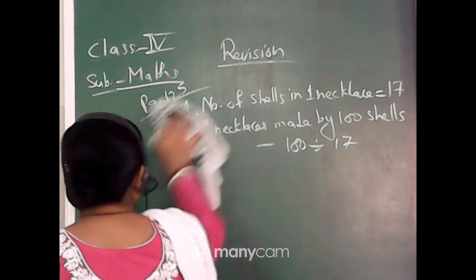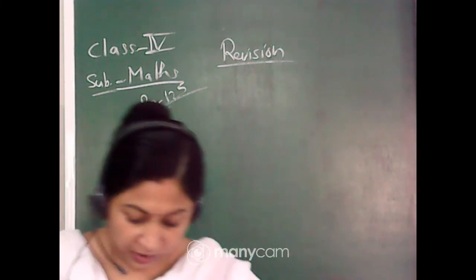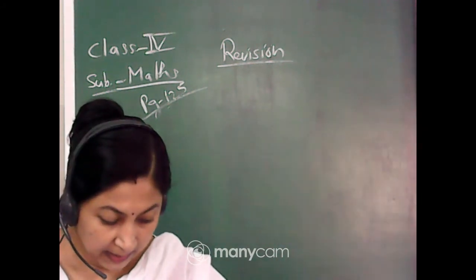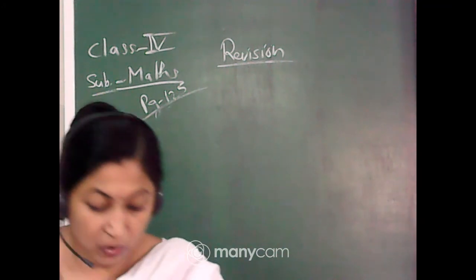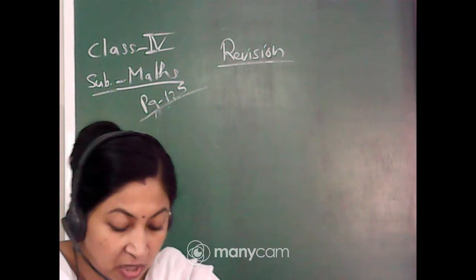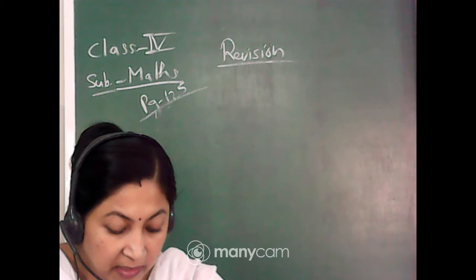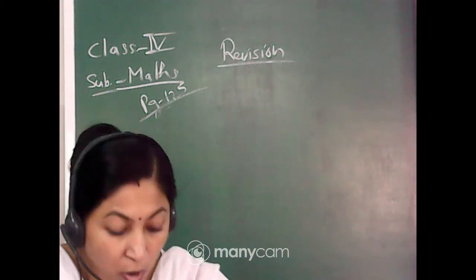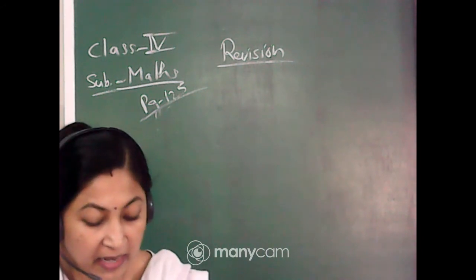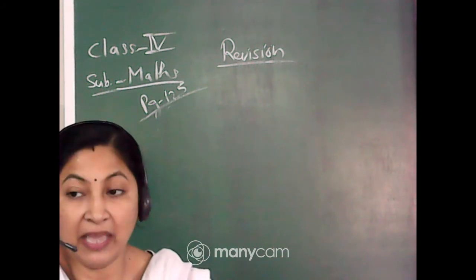Now come to the next question. This is page 126. See, on page 126, question number B. One carton can hold 85 soap bars. Shelly wants to pack 338 soap bars. How many cartons does she need for packing all of them? Now here again the same thing is asked, that in a carton there are 85 soap bars and how many cartons are required for 338 soap bars.